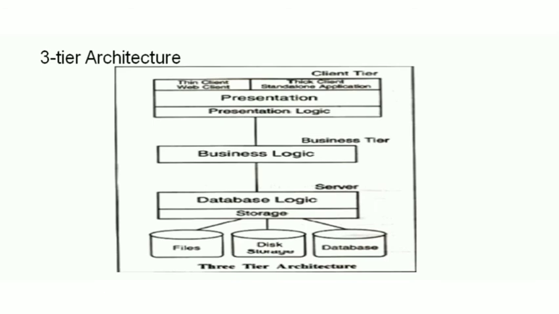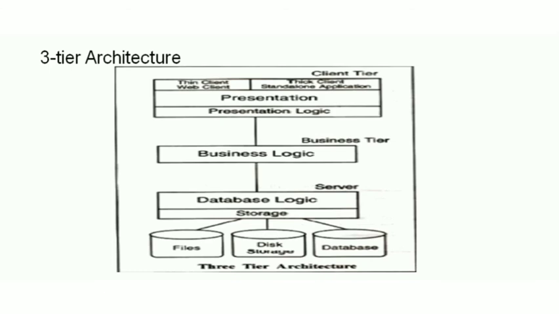Then the second tier comes into the picture, that is the business tier. All the business logic, or we can say the actual task which is done by the application, is known as business logic. It resides at the business tier. And the third thing is the server tier, which handles all the data that is maintained and stored in the database manager and database logic. In the database storage part, different types of things are maintained, like files and storage databases, etc. The data is stored in different types at the database storage.